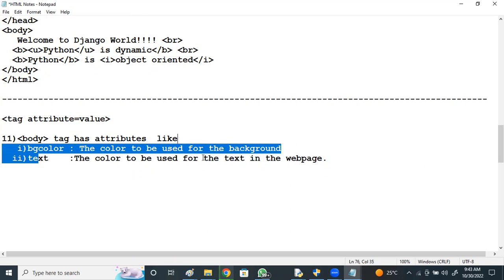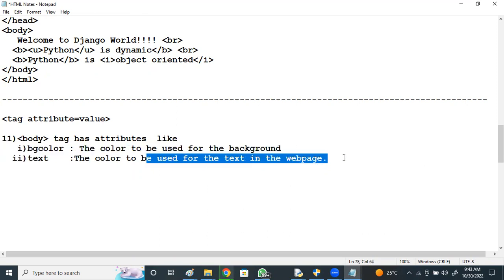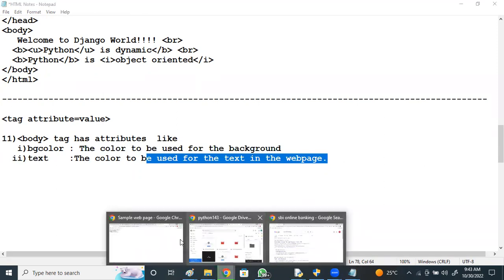Text is the color to be used for the text in the web page. Now just observe this. Up to now, this web page doesn't have any color, and the text also doesn't have any color. I can specify the text color, and I can specify the background color of the web page.